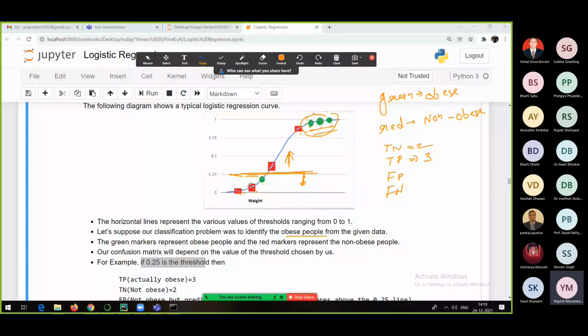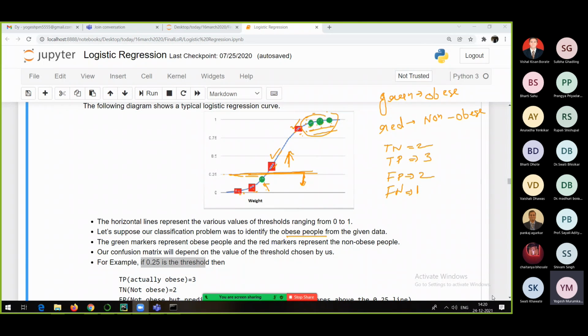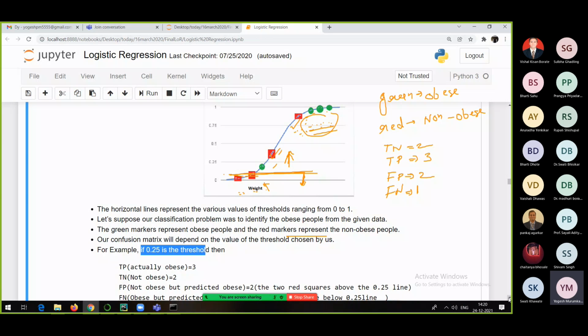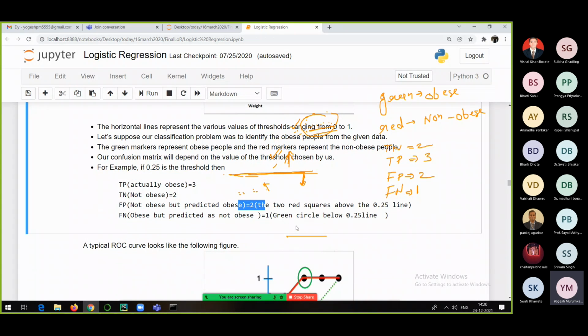And then what is false positive? That means your model is false about positive results. It means your model is saying that there are these 2 people who are obese, but actually they are non-obese. So our model has identified 2 people incorrectly. And then here also our model is saying that there is one person who is non-obese, but actually that person is obese. So again we can see that 5 plus 2, 7, 8. Do we have 8 values? Yes, in total we have 8 values. So this is going to be your true negative, true positive, false negative. Okay, just check the review.